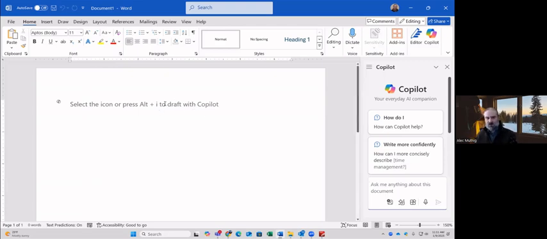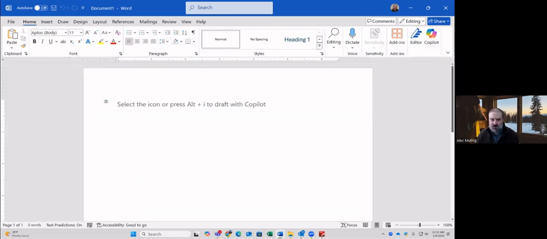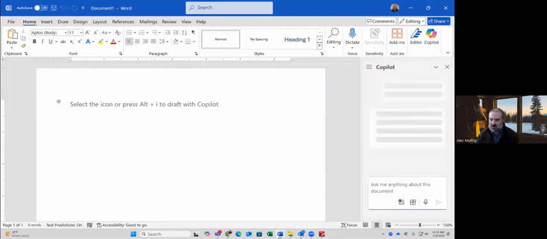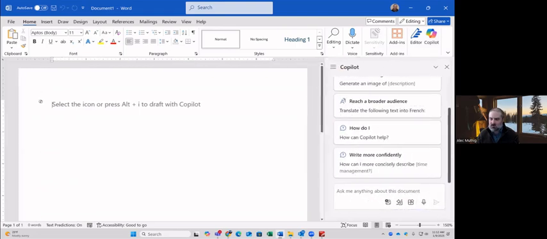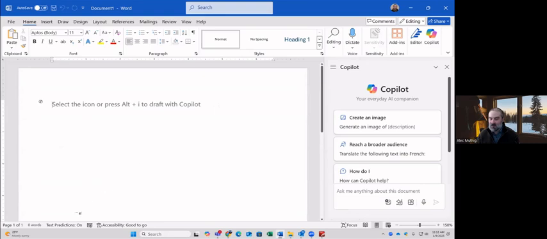So the first thing I'm going to do is, I'm in Word, and I've got, again, two places to access Copilot. The Copilot pane. And basically, the Copilot pane is where you ask Copilot about the document that you've opened. So if you opened a 50-page white paper and you have some questions about it because maybe you're pressed for time, you can ask Copilot to summarize it, or give me the top 10 things, or what about this in the white paper? And Copilot will analyze the white paper very quickly and give you answers. Pretty valuable.